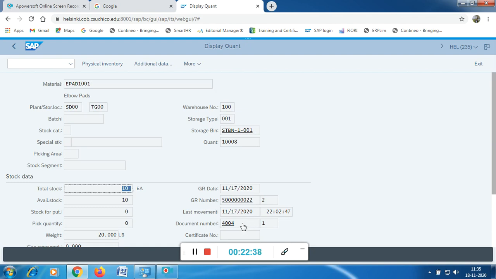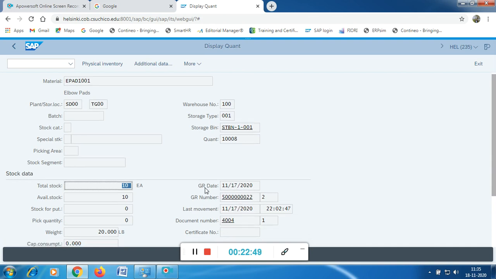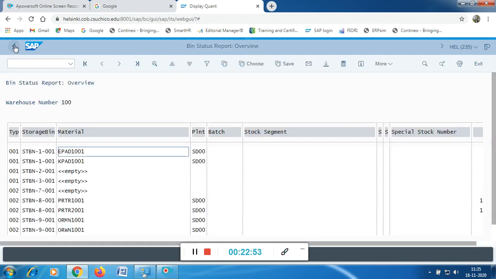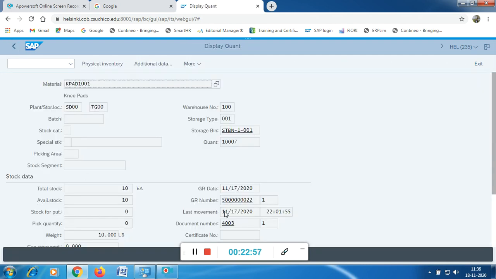And when was the last movement? The last movement was on today's date. Document number is your transfer order number. So all the data can be retrieved from the storage bin. Again if you go back, you can check it for the second material also. Same way it is showing all these details.